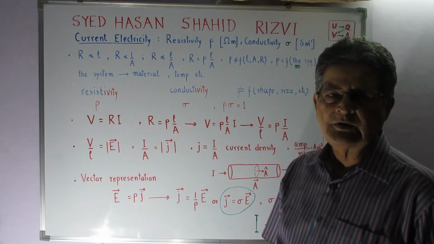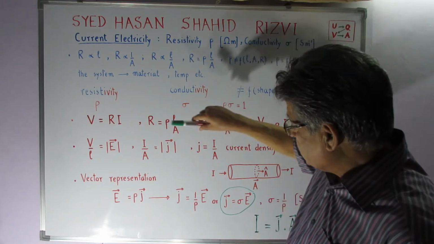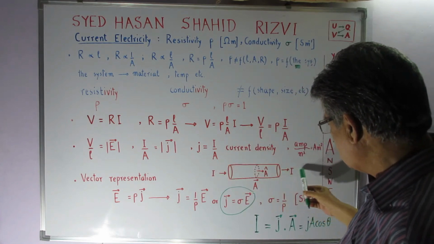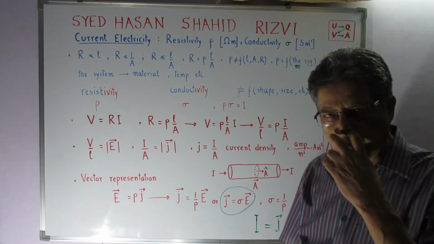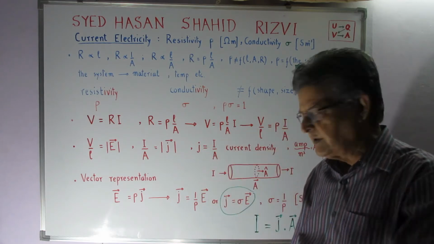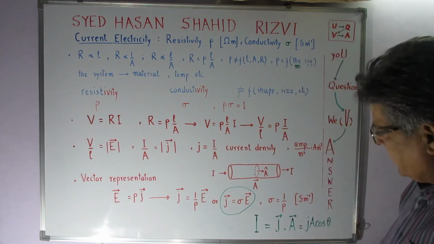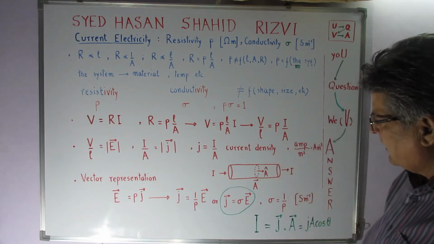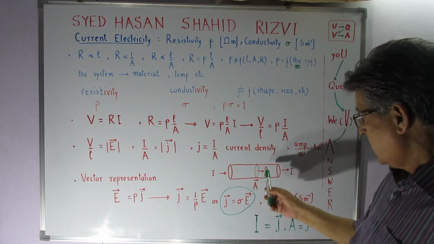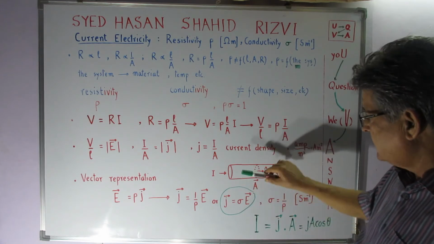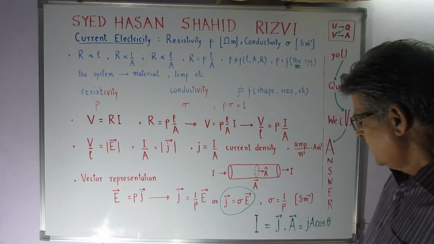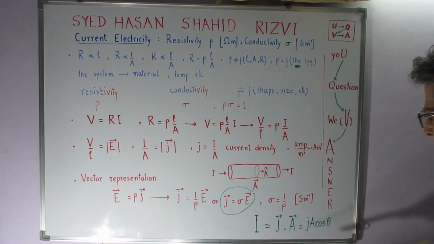Current is always a scalar. So the direction that we show of the current, I have shown here, that the current is entering and the current is leaving. This is not a direction, but it is just a sense which we provide them. Here I take a cross-sectional area A, which is a surface vector, and I have the A cap, and this direction or the sense is parallel to it,